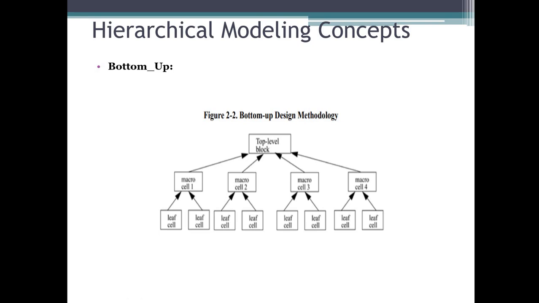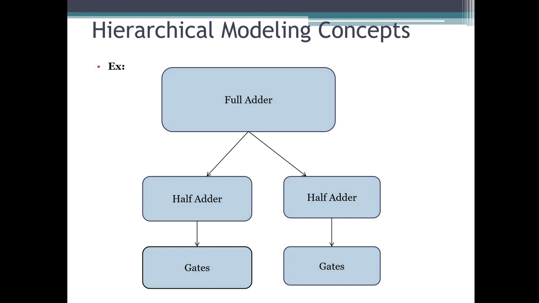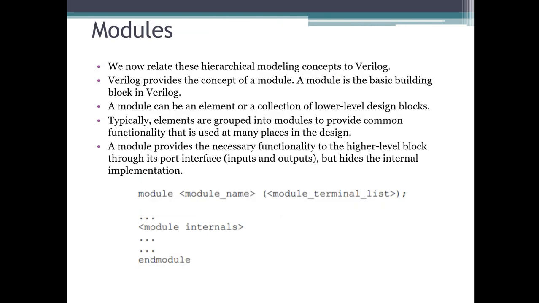I hope till this point you understand what the top to down and bottom to up approaches are. I'm definitely going to write code for this and create a video so you can understand how to do it. Let's move further. Here, as I have given the example, a full header can be created with the help of two half headers, and then a half header can be created with the help of gates. So this is the example. I'm going to write code for this and make a video, and you can see that part also. Let's move further. Okay, so now we have the second point, modules.